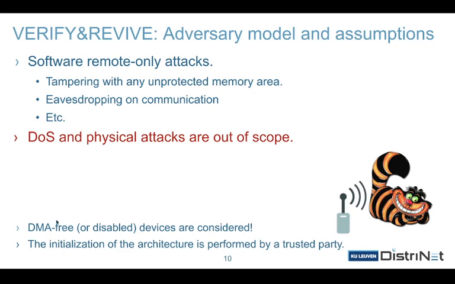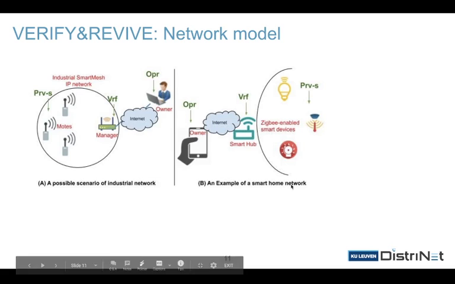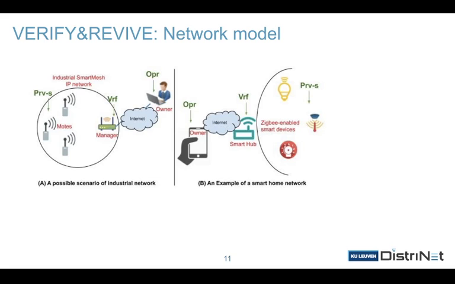In terms of networks, we support more kinds of networks than traditional remote attestation protocols, considering that the verifier would be a limited but trusted device, and accordingly it can't really have any clue about the prover's memory. This could be, in this scenario, even in industrial networks or smart home networks as well.